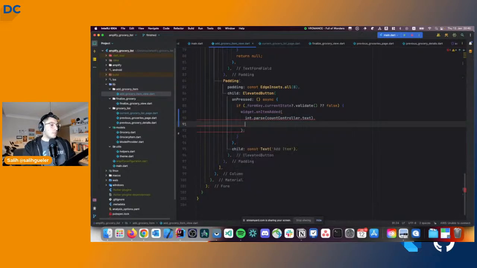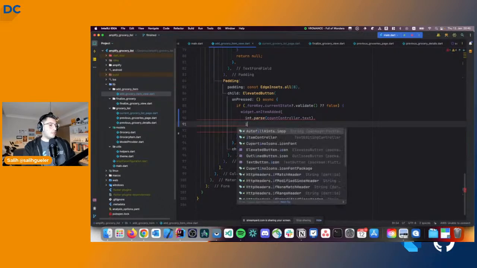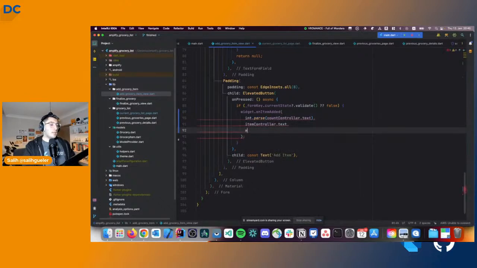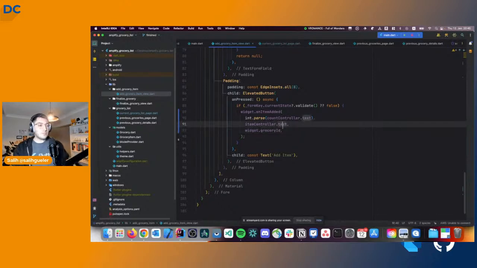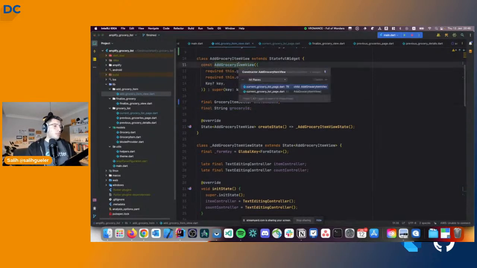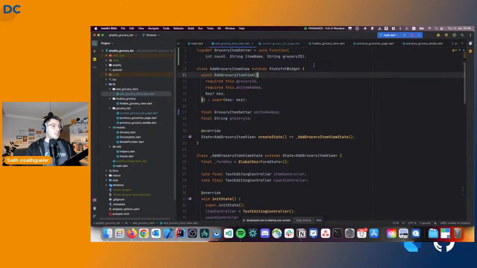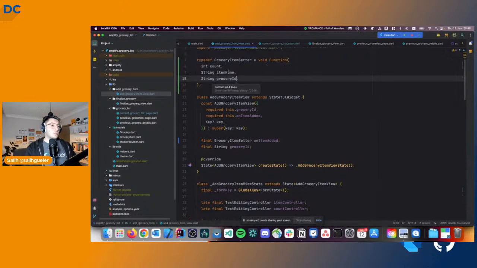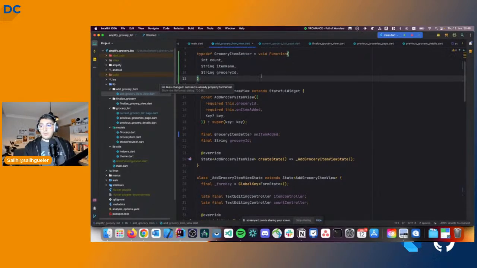I will still use the name controller or item controller. This is the name that we are going to be using. And last but not least, we will do grocery ID as well. Okay, so for being consistent, what I need to do is I will first put the comma here, because if you see someone doesn't do a comma to the end of the parameters, please do not work with them. And